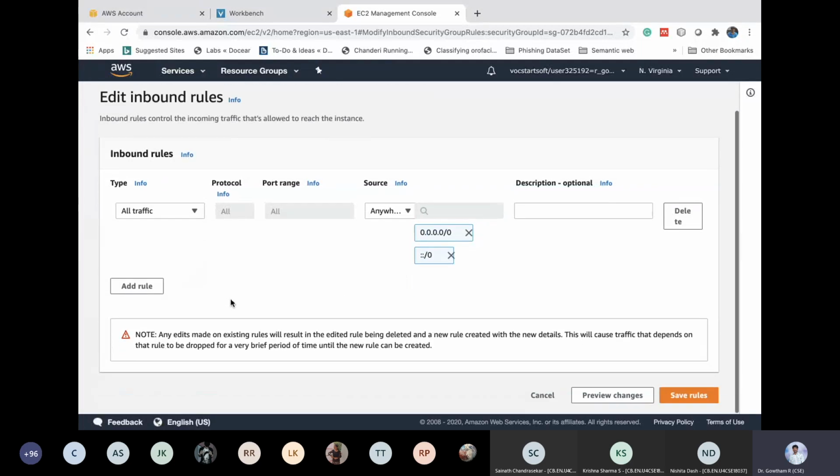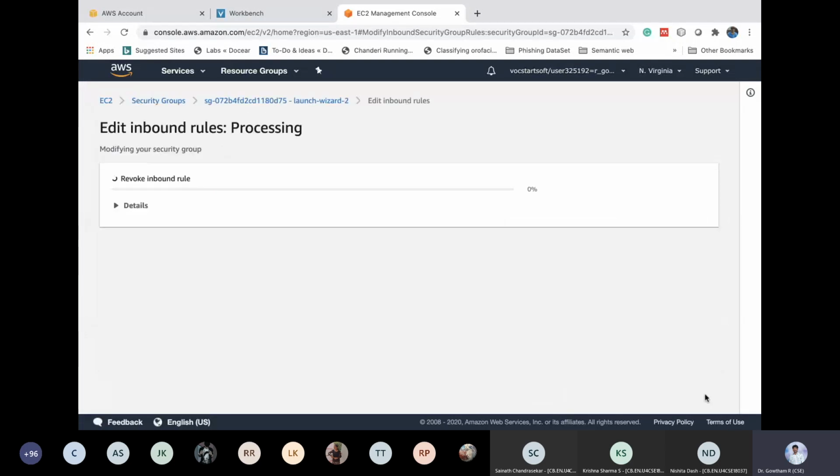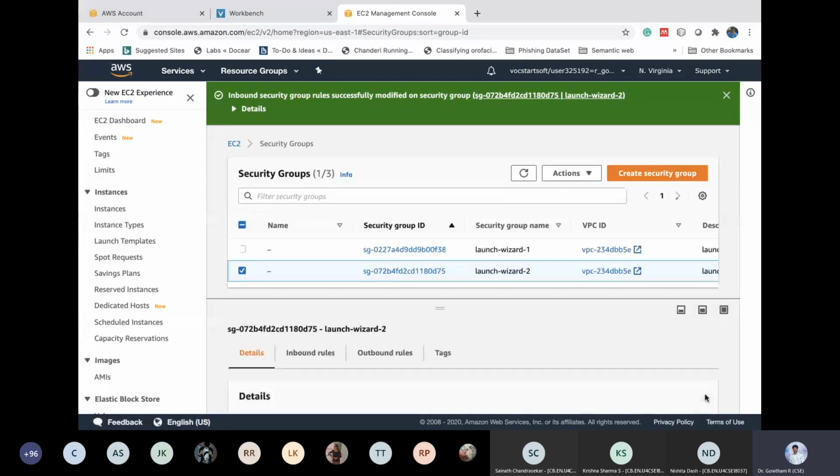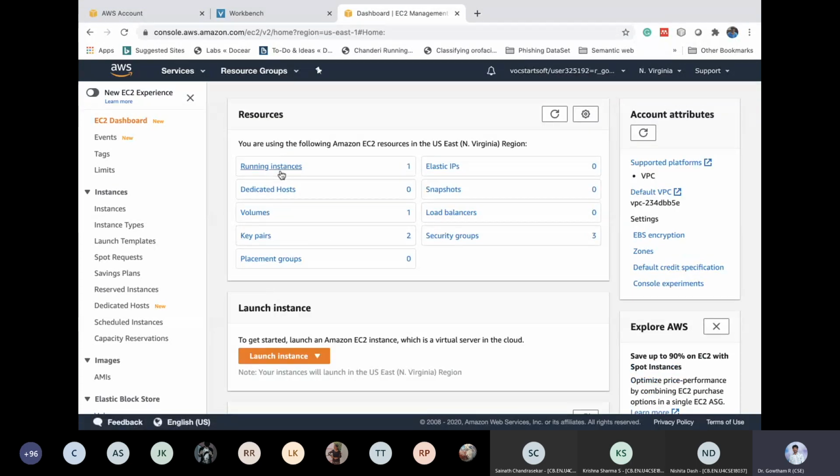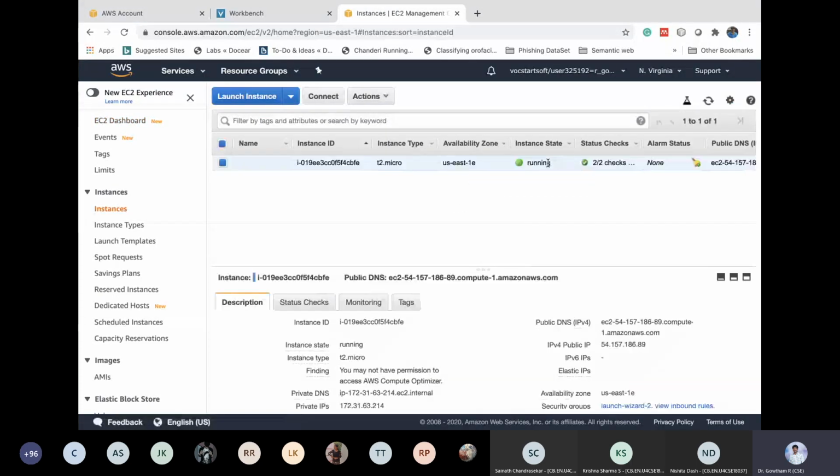Only these changes I wanted to do in the security group to make sure my HTML file communicates with the remote Node.js program. Save the rule. Okay, now my rules have got saved. I can go to the dashboard. This dashboard lists my current instances which are currently active.